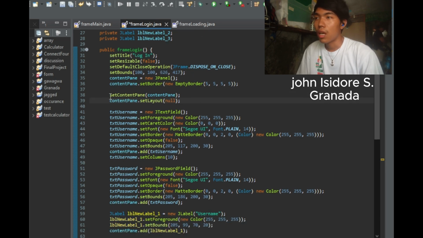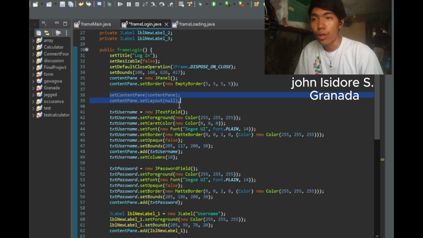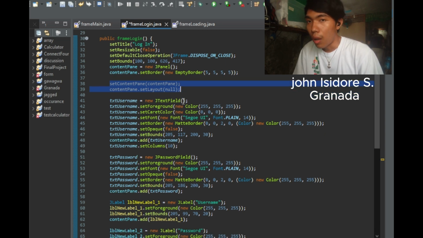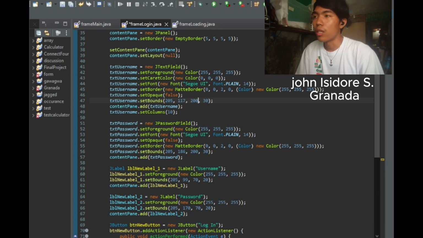Next, it has a content pane set to null that is initialized with an empty border and a null layout, allowing absolute positioning of components.